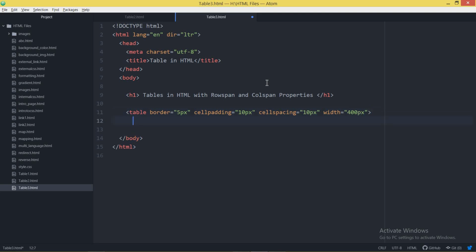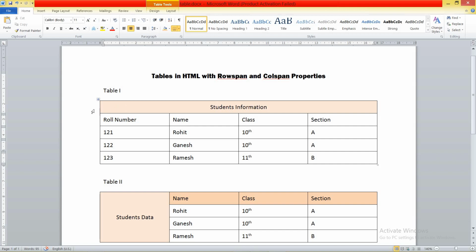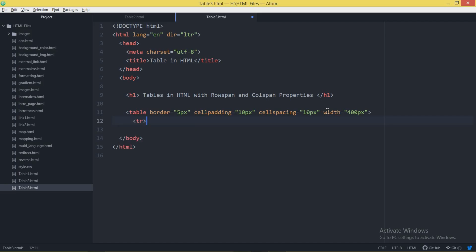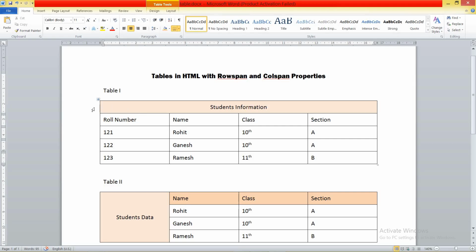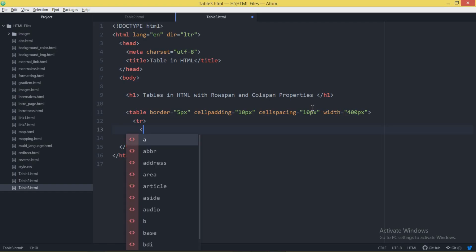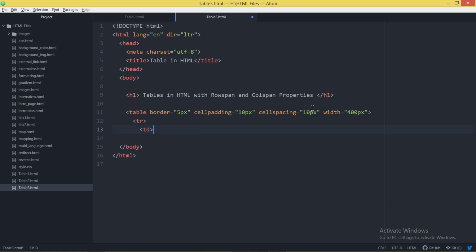After setting the table tag, I am going to make the first row, and you all know how to make a row with the help of the tr tag. Tr stands for table row. In this particular table row I have only a single cell. So for a single cell you have to make a td, that is table data, or, as I said in the last video, instead of td you can also give the th tag.